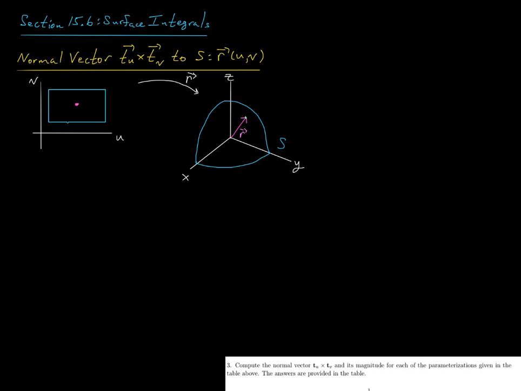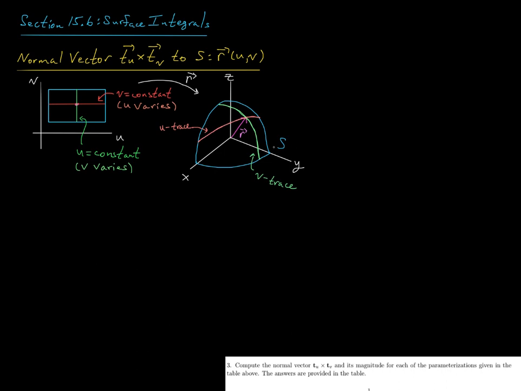in R3. So here's the domain of r. It's just taking points in the UV plane in this region, and it's going to map them over to these position vectors that are just describing points on our surface S. And let's suppose that I hold v constant and I let u vary along this red horizontal line. Well, our vector function r is going to map this red horizontal line to a certain cross section of our surface. And since we're letting u vary, I'm going to refer to this red cross section as a u trace